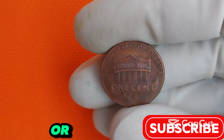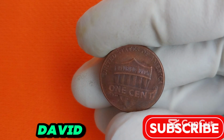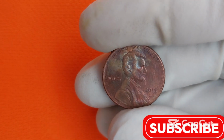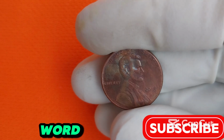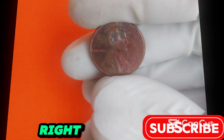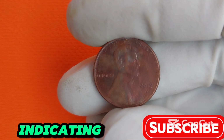The obverse, or front side of the coin, displays Lincoln's portrait, originally designed by Victor David Brenner. Right above his head, we see the iconic motto, "In God We Trust." To the left, the word Liberty, representing the core principle of American identity. And to the right, the date 2016, accompanied by the mint mark D, indicating it was struck at the Denver